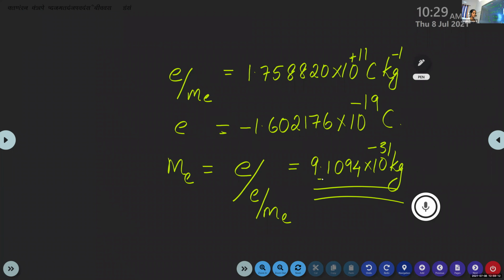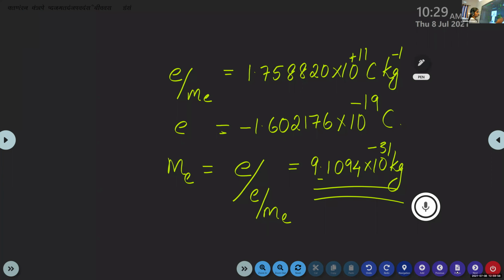From the cathode ray discharge experiment, we observed that cathode rays move from cathode to anode, towards the positively charged particles. We have learned that like charges repel each other and unlike charges attract each other, so we conclude that cathode rays are negatively charged particles. Then we discovered the charge to mass ratio. Then through Millikan's oil drop experiment, we discovered the charge of an electron, negative 1.602176 into 10 raised to minus 19 coulomb. Then we found the mass of an electron, 9.1 into 10 raised to minus 31 kilogram. Is this clear for you?